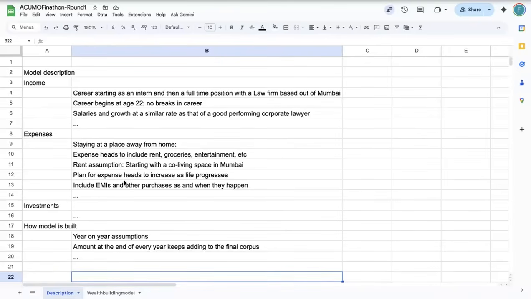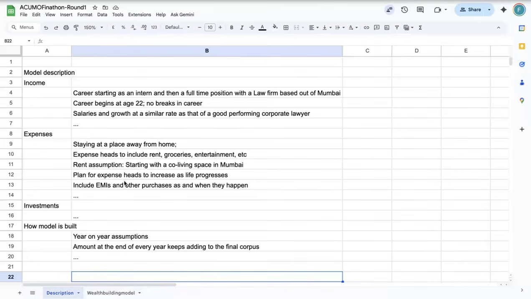So perfect. So what we'll do is, if you think about a personal finance sheet that you're going to project, there are 3 or 4 elements here that you absolutely need to take into account. And we'll try and structure it along those lines so that it becomes easier for people to build from there. Again, bear in mind that these are thought starters. It helps you get started, but this is not necessarily completely prescriptive, in the sense that this is not what you need to submit, but this is just a suggestion in terms of how you can start thinking about it. So the first thing you need to think of is income.